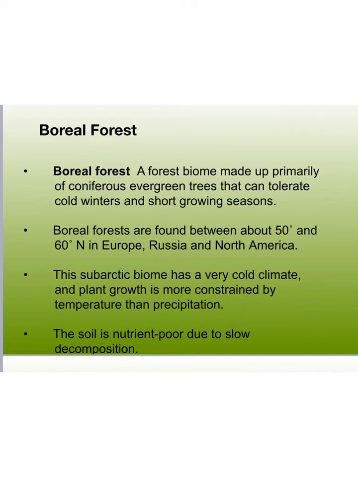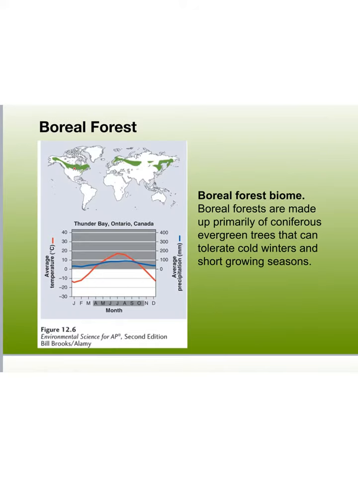Most of North America is the boreal forest, and Europe, Russia, right around in there. The subarctic biome, which is very cold. The plant growth, however, is more constrained by temperature and precipitation, and the soil is pretty nutrient poor due to the slow decomposing of all of the vegetation. So the average temperature peak in this one is actually pretty short. But even though it has a larger growing season, and average precipitation is pretty constant, it's more driven by the